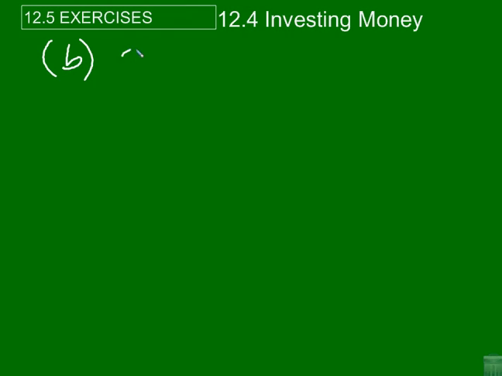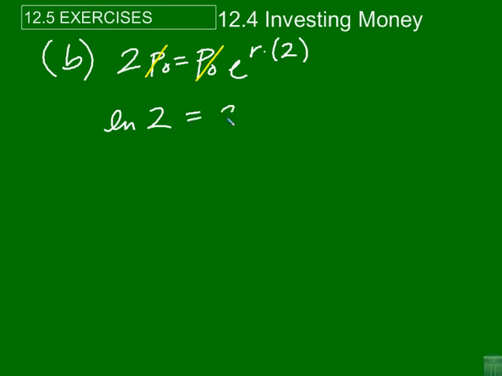So I'm going to take the same equation, 2 P0 equals P0 e to the rt, but in this case the t, I want it to be 2. So I want to double my money in 2 years, which is a pretty good goal here. I wish I could do that. So again, in this equation, the P0s cancel out, and if I fast forward a little bit, I'm going to see that I have the natural log of 2 equals 2 times r. Well, that means r is the natural log of 2 over 2,